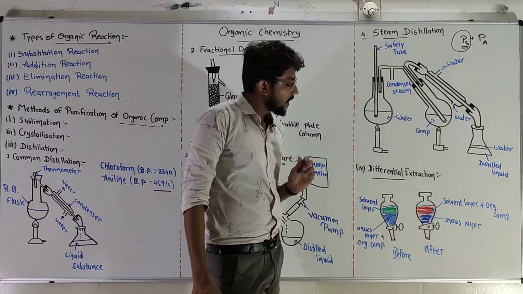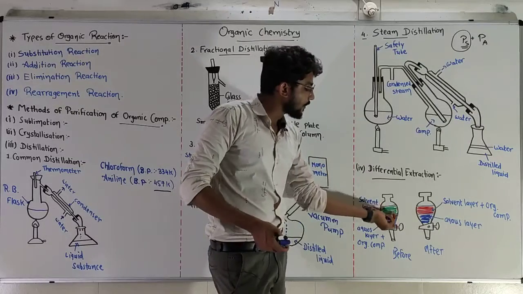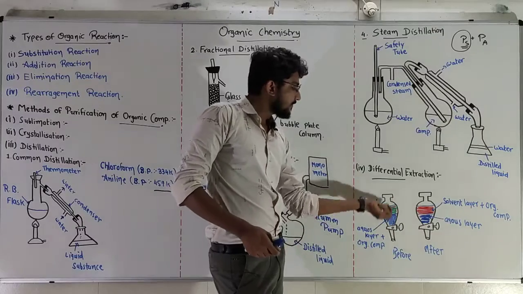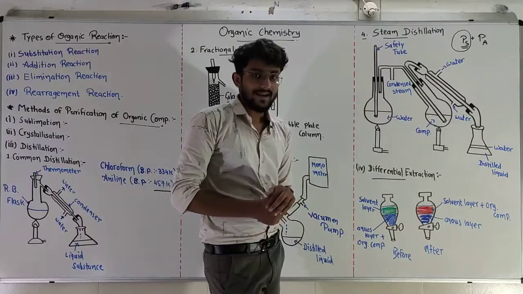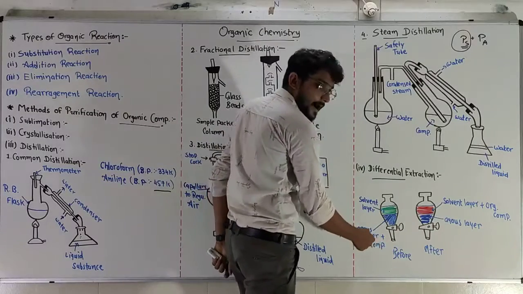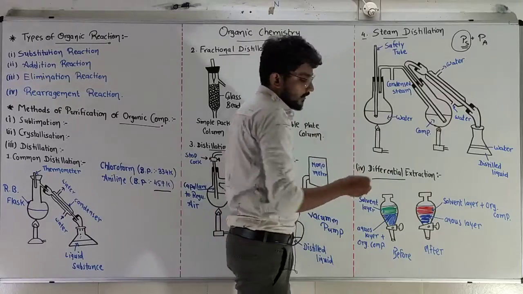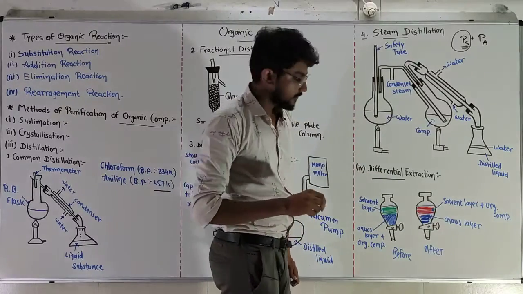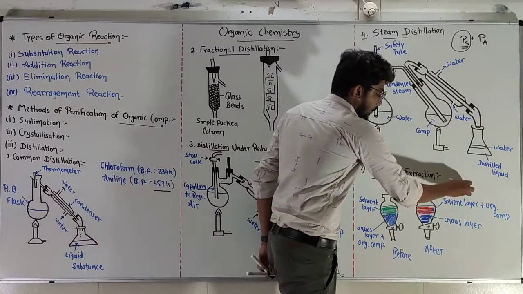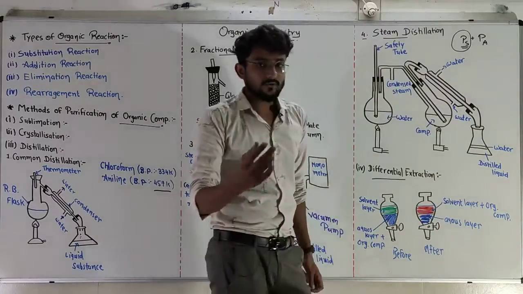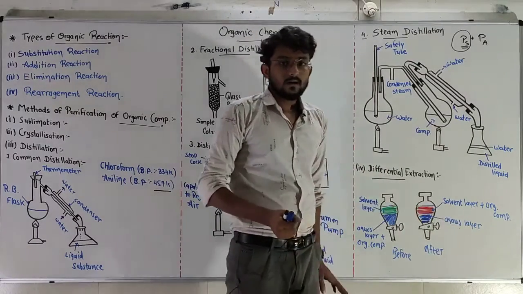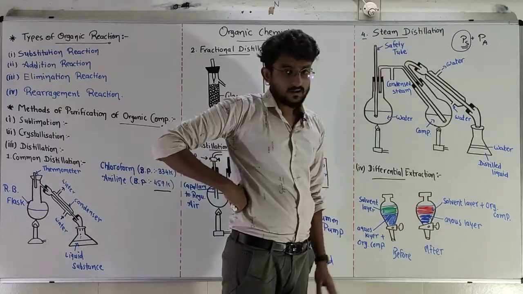What is happening over here? First of all, our substance was dissolved in the water, so the aqueous layer contains our organic compound before we start the differential extraction. After some amount of time, our organic compound will dissolve into the organic solvent layer. So after the differential extraction, our organic compound will be in the solvent layer. Not all of it, but most of it. The aqueous layer will contain a smaller amount of organic compound.